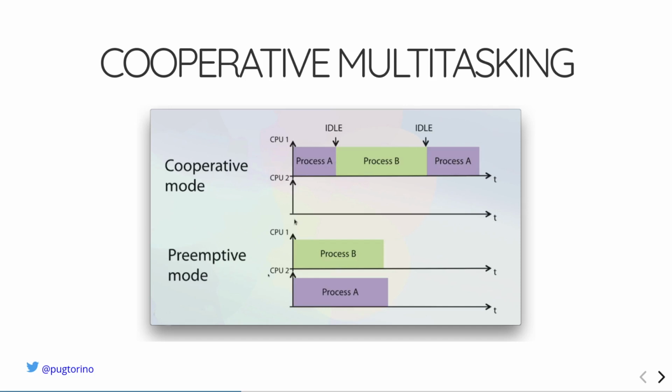So this is different from parallel execution, that is the preemptive mode, where typically you have two threads or two CPUs where you execute process A and process B in parallel. So this is not the case of the fibers. Fiber is cooperative mode, and you have to do it by yourself. I mean, it's not like the coroutine of Go, for instance. It's more low level, in the sense that it's just a class that gives you the possibility to suspend the execution and resume the execution.